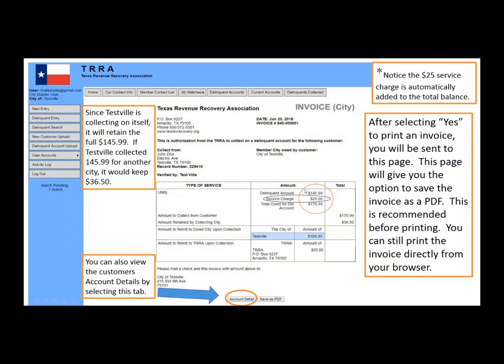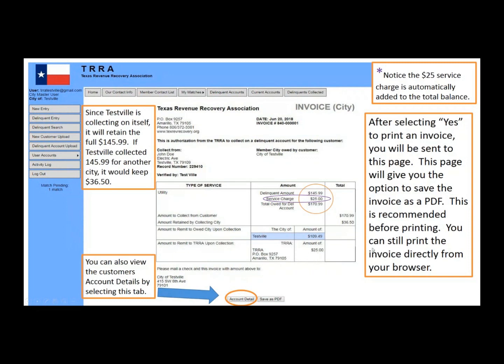So the city of Tessville is going to keep 100% of the amount that's owed here. It totals the $145.99. And the customer is going to pay the amount of $170.99 because that $25 amount was tacked onto it.